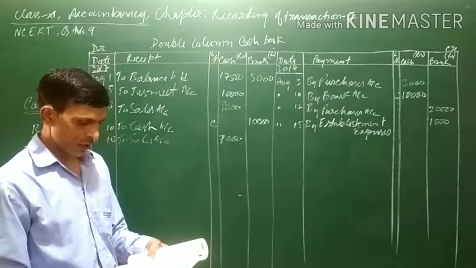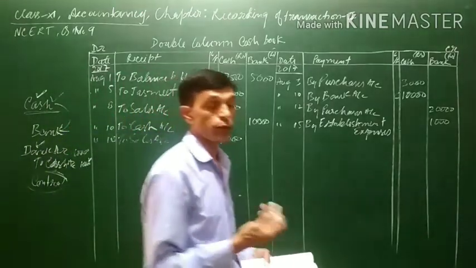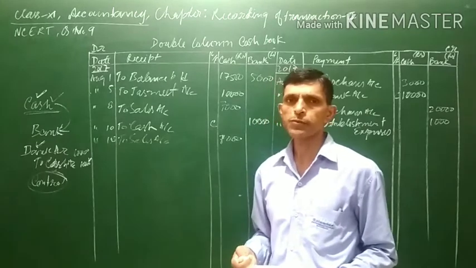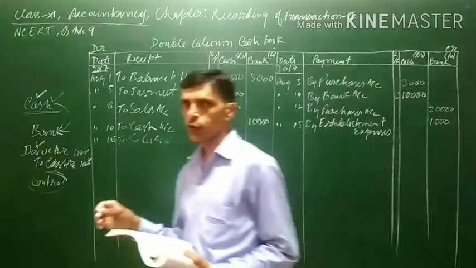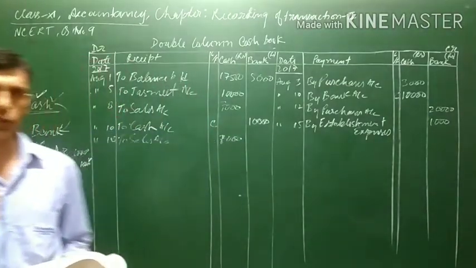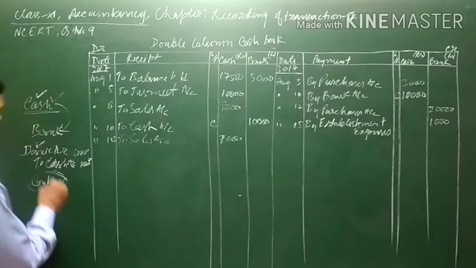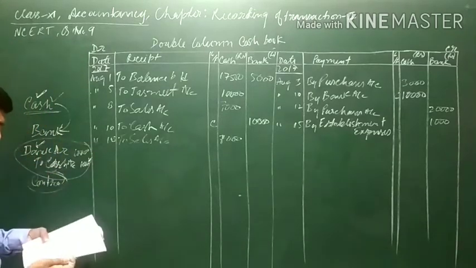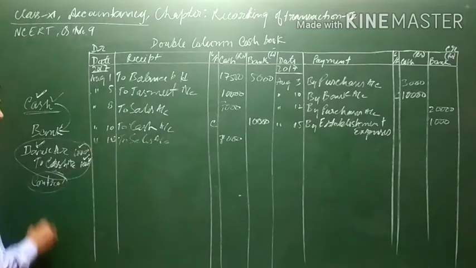Again, 20th. Deposited into bank. Now simply it is given deposited into bank. What will be deposited into bank? Obviously a check will be deposited into bank, or you can say cash will be deposited in bank. As we know, when cash is deposited into bank, the entry is bank account debit to cash. How much is the deposit? 10,000 is being deposited, so the entry will be bank account debit.